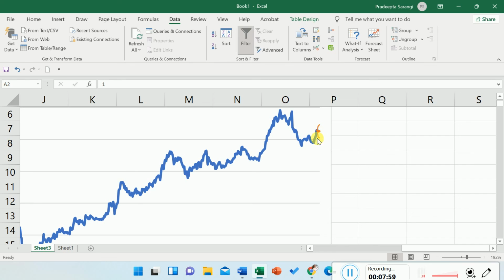So these are the forecasted values. The red portion is the forecasted value. Now you can see there is one dot here and there are two other values. These two values are called the upper confidence bound, and this one is called the lower confidence bound. Actually, what does it mean?